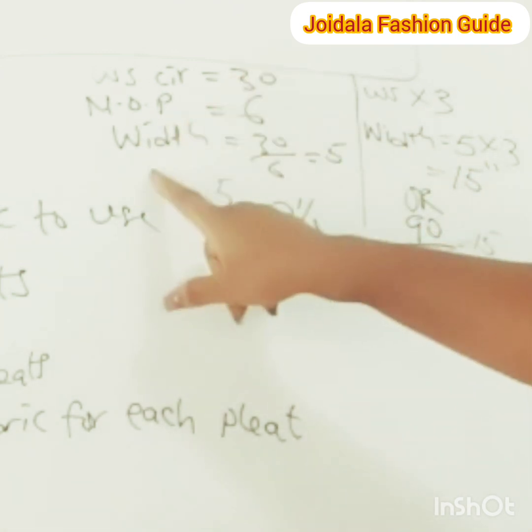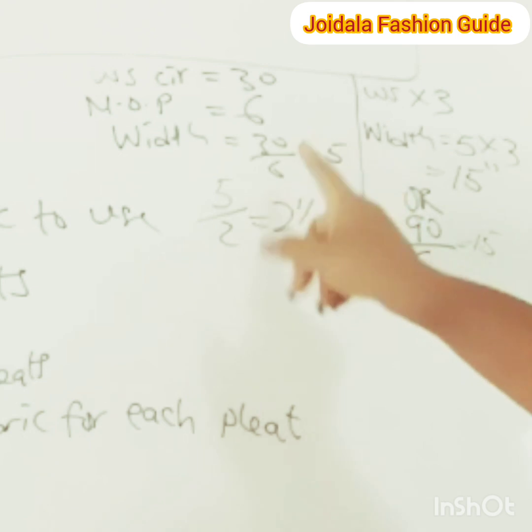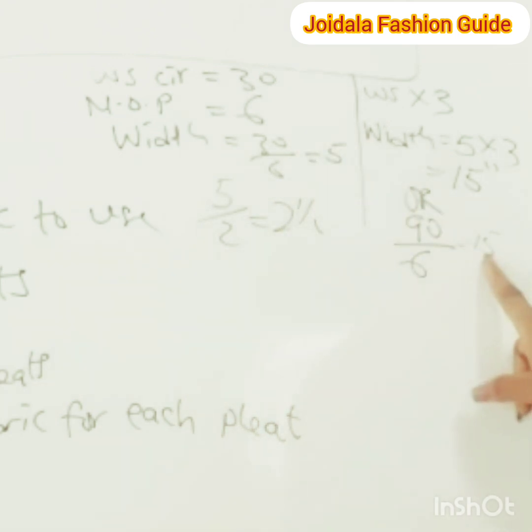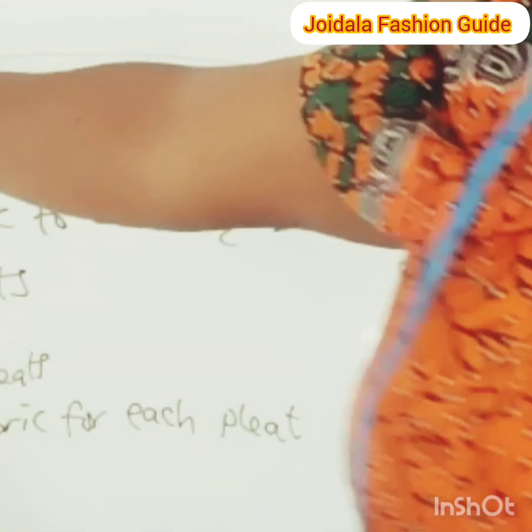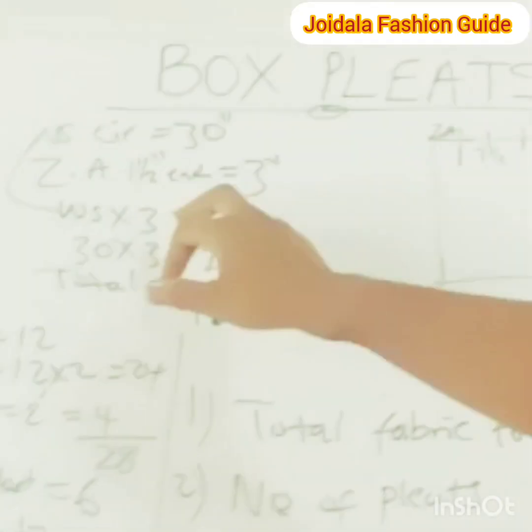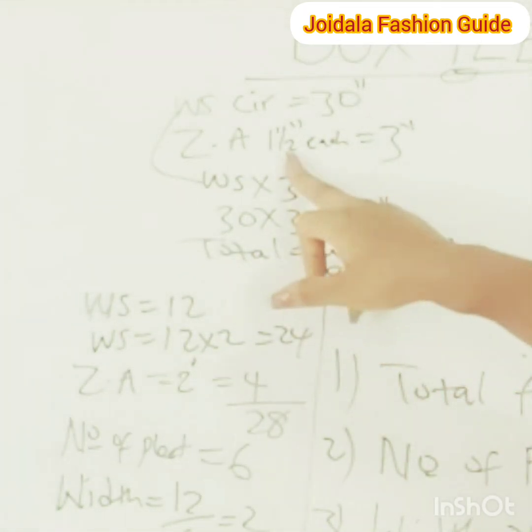The width of the pleat will be 5, and then the total fabric that we need for the pleat is 15. Okay, we need 15 inches. And then we said we also need a zipper allowance of 1.5